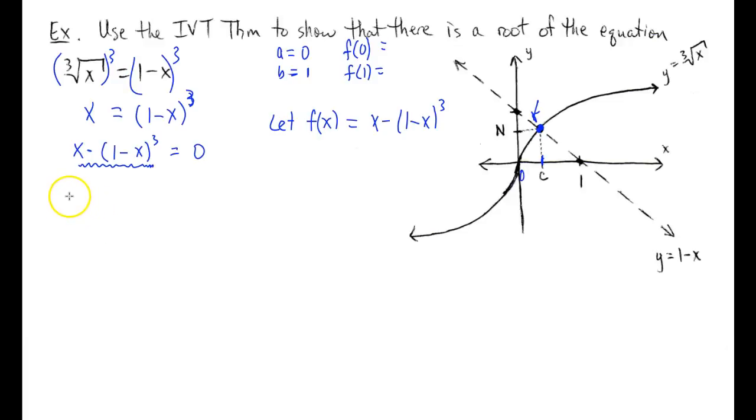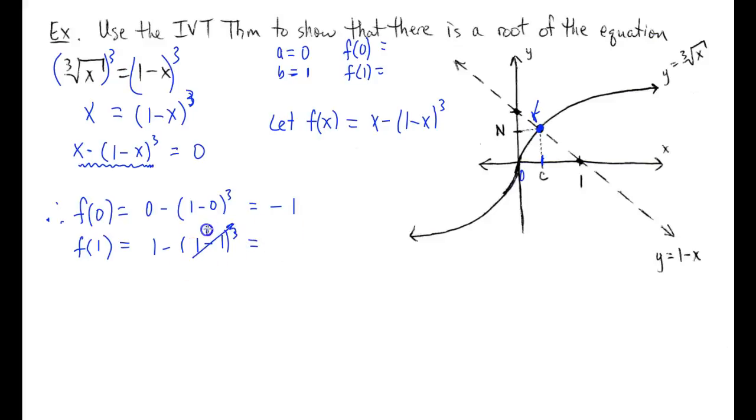So we just need to see if there's a sign change in between x equals a and x equals b. So in looking here, if we want to figure out what f of 0 is, we just plug in 0 for this function here, and we'll see that we get -1 for an answer there. If we evaluate the function f at 1, then you'll see that all this ends up being 0, and that is a positive 1. And so now, since we have a sign change going from f of 0, at x equals 0 to x equals 1,